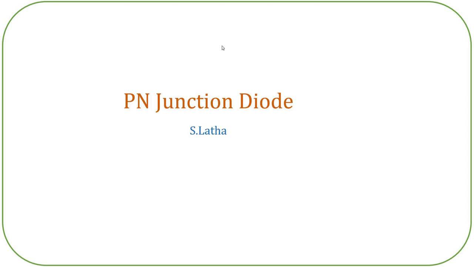We shall see some concepts about PN junction diode. So we shall start with electronics. Electronics is the field of science and technology that deals with the behavior of electric currents in electronic devices, components, systems and equipments. So it started with vacuum tubes in 1961 and then ICs and then VLSI,